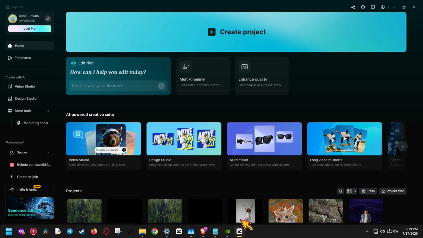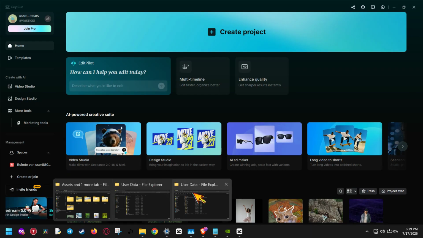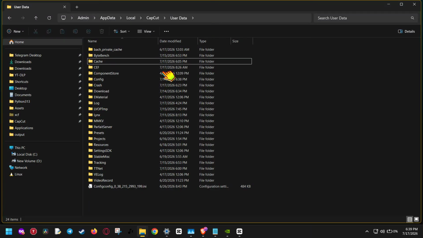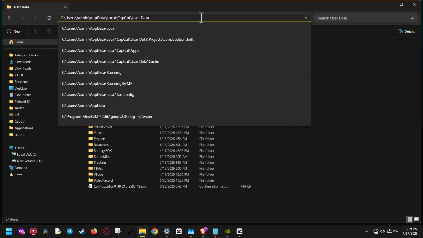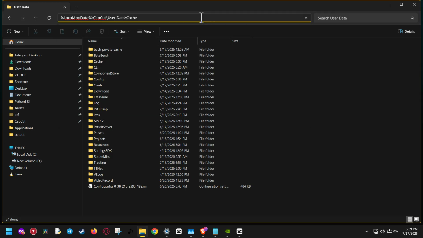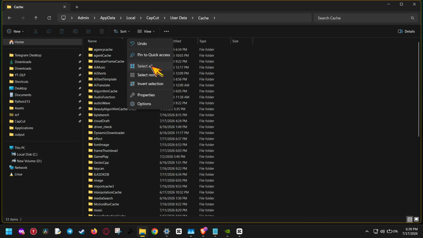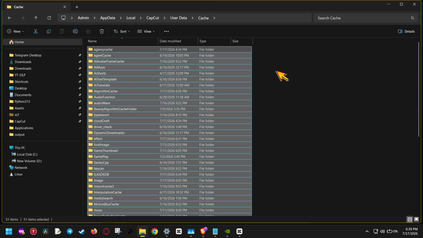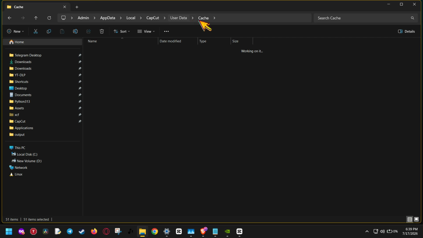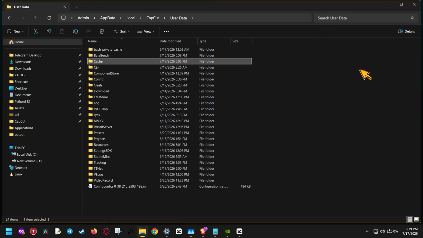To do this, open File Explorer and in the address bar, type %localappdata%\capcut/userdata/cache, then press Enter. That takes you directly to the cache folder. Inside this folder, select all the files and delete them. If Windows asks for confirmation, go ahead and confirm the deletion. Don't worry, this does not delete your projects, but it does remove temporary cache files that may be causing the